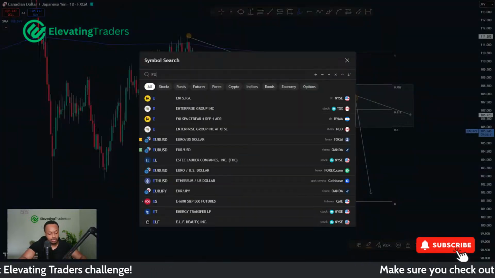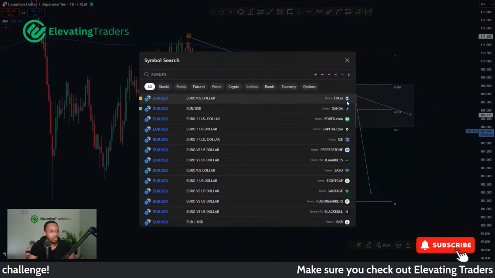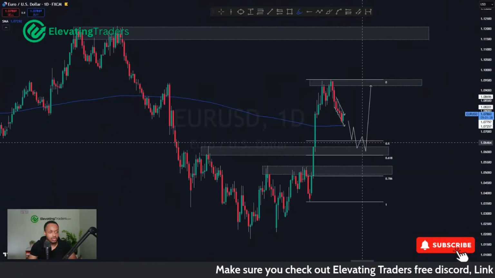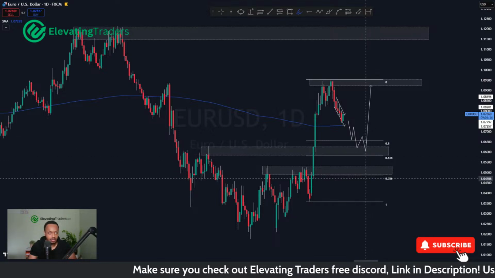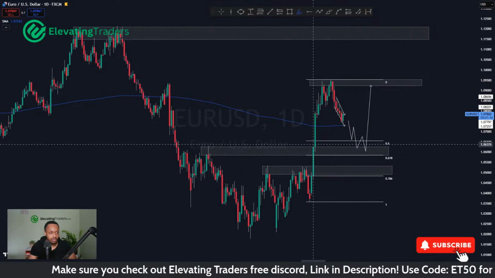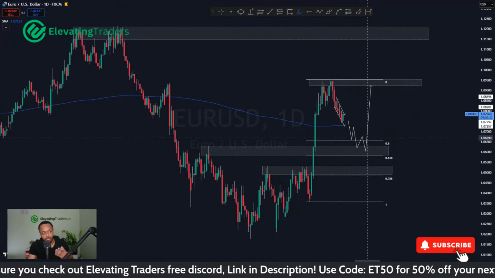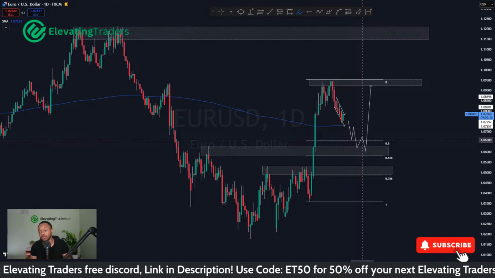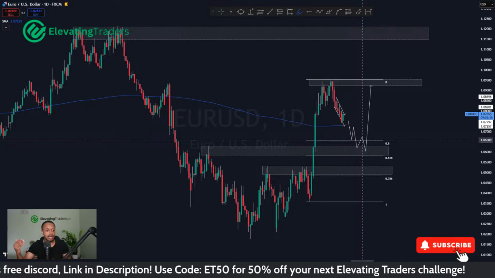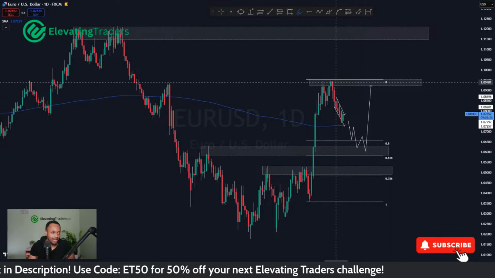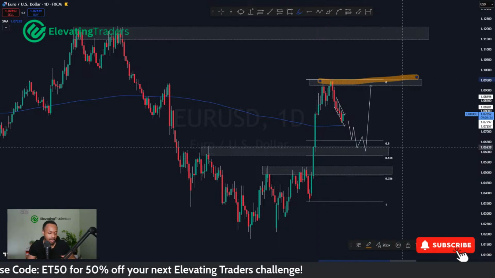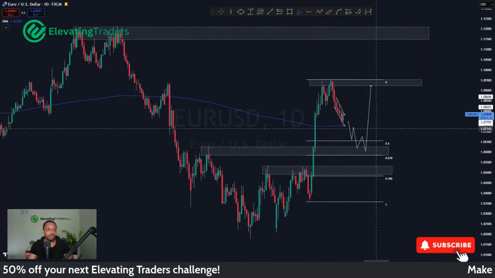USD pairs, I'm just looking for pullbacks. So of course you've got your lovely Euro USD. I'm liking the opportunities back here at 1.06 and also 1.05. Lovely breakout a couple of weeks back, and I'm just looking for a pullback back into some areas of support, demand to take the next swing. Hopefully catch that higher low and at least take it back into resistance up there, 1.095.